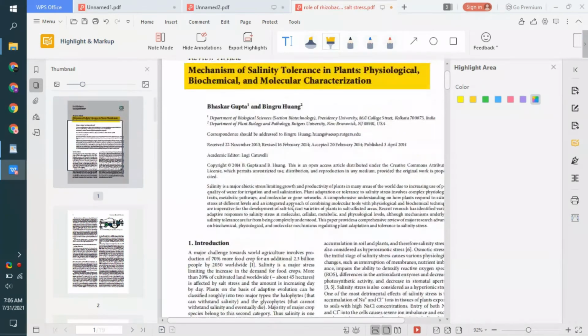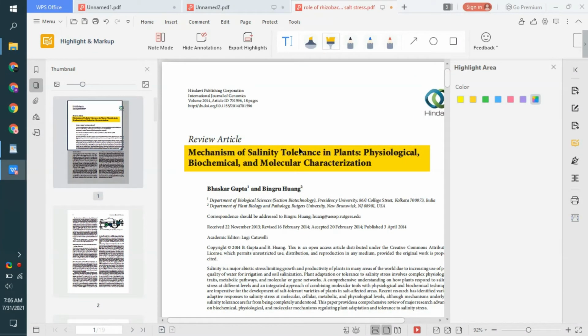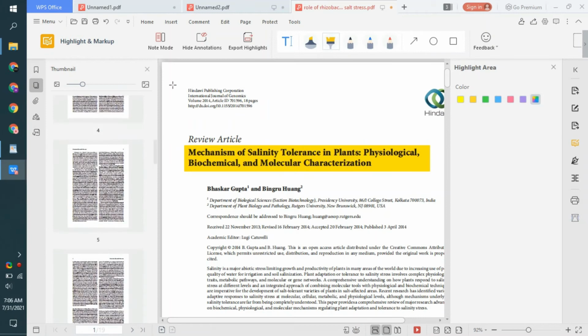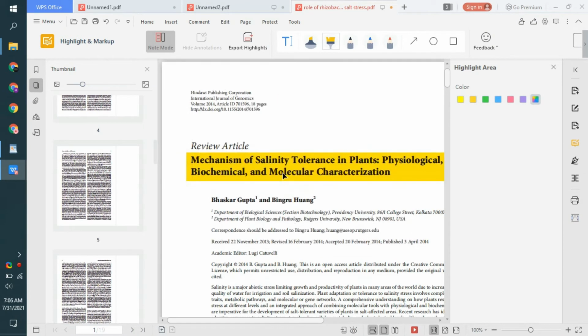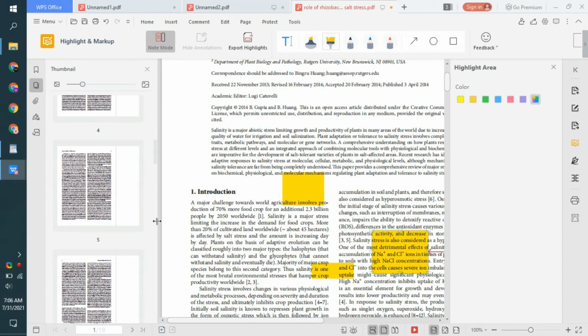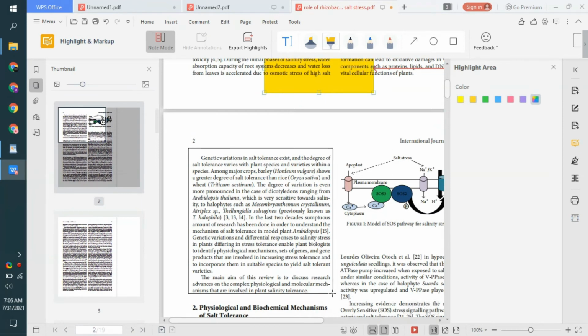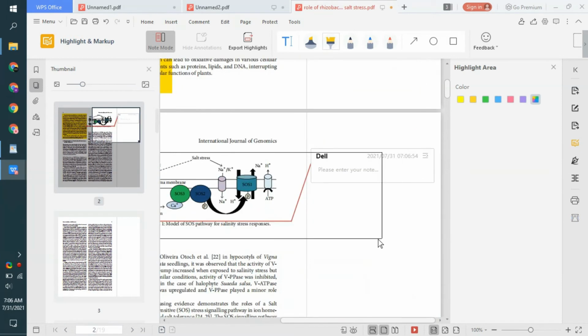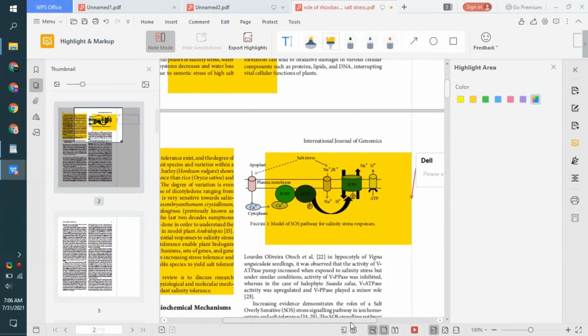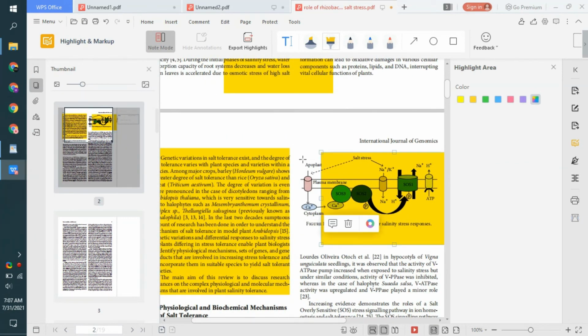It is presenting a beautiful view. You can see it is presenting a view of a highlighter, and you can also export your highlights and hide annotations. I think it is annotations, and you can also come to note mode. So you can just drag your text here and make highlights around it. You can highlight your pictures, your graphics posts, or some important paragraphs and pictures as well.